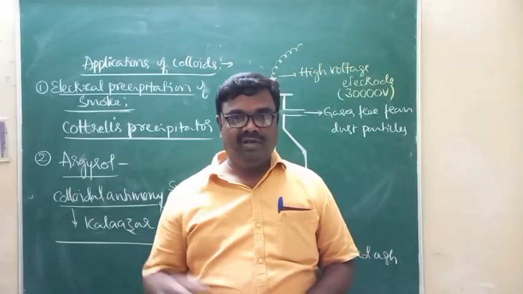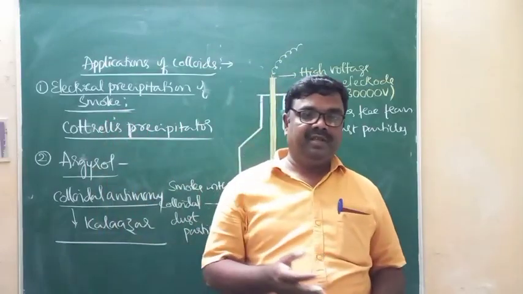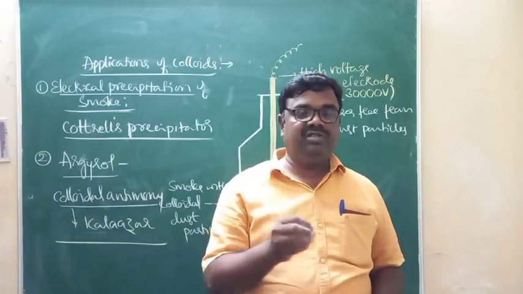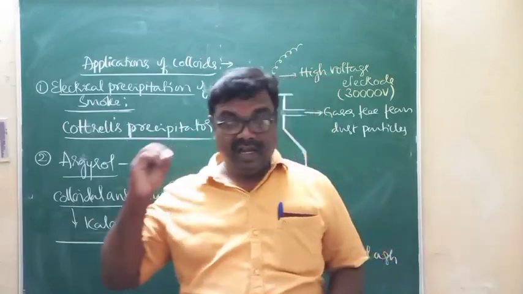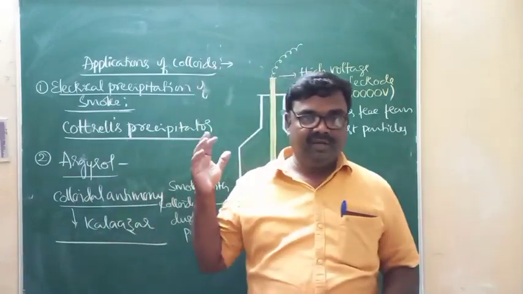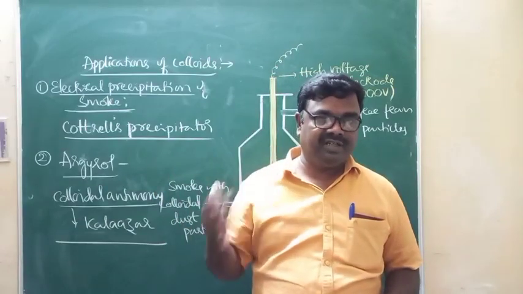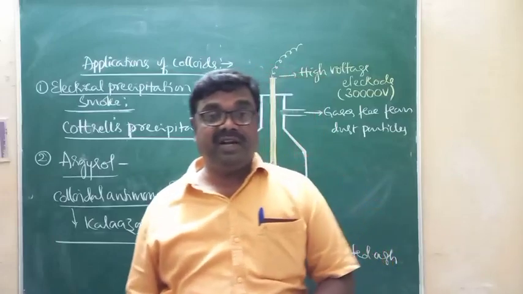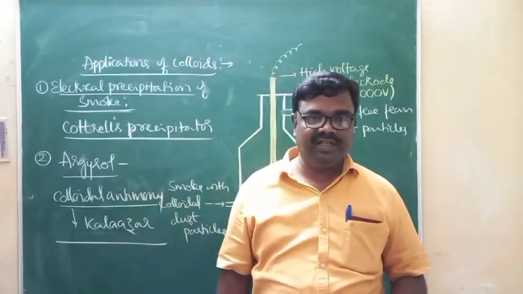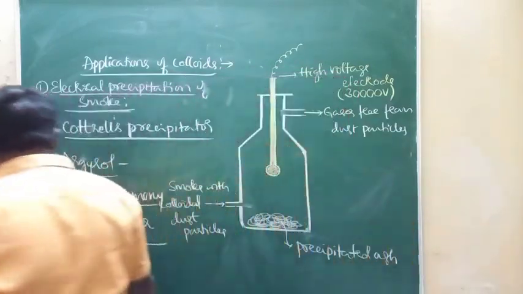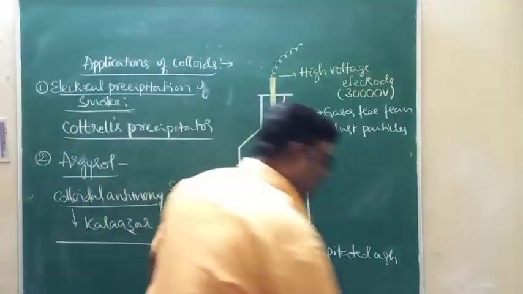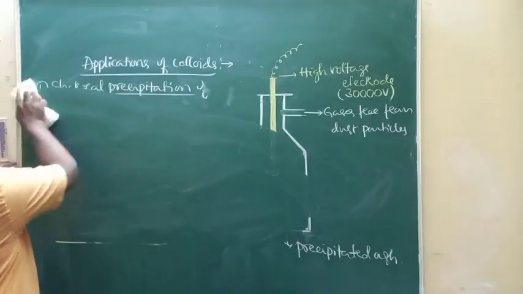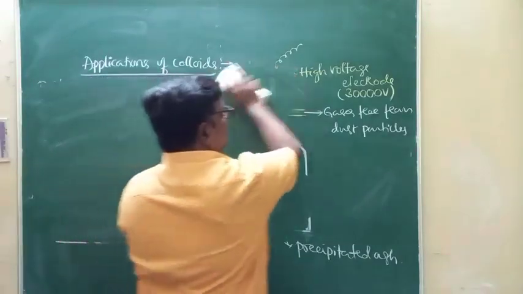Apart from that, there is milk of magnesia. It's a magnesium hydroxide solution which is colloidal in nature. It is used in the treatment of acidity in the stomach. That is, milk of magnesia, a solution of magnesium hydroxide, is used as an antacid in the treatment of hyperacidity of the stomach. So that is how colloids can be medicines that we are using. Apart from that, there is one more application as far as colloids are concerned.